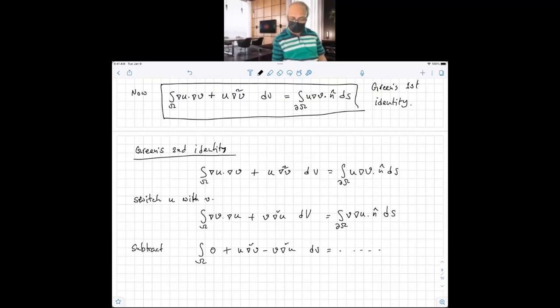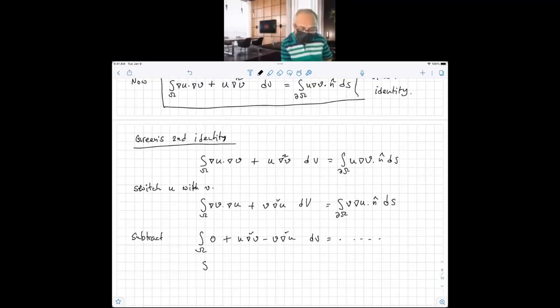equals. So let me just write down first this part without the 0: U nabla squared V minus V nabla squared U dV equals